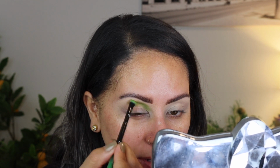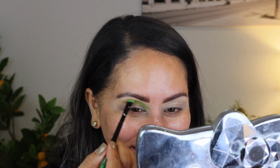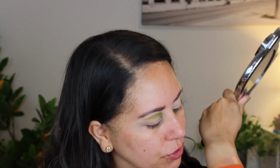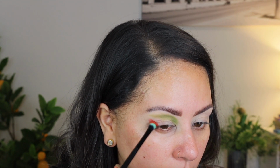I thought I was going to have fallout because they're pretty powdery when I was swatching, but I have no fallout, so that's great. And I'm going to like flick it up here. We're just playing, okay? We're just playing around. I honestly, I don't know what I'm doing, but that green is gorgeous. I love it. Love it, love it. I'm going to grab brush 8-5. It's the same, but it doesn't have that slant at the top there. It's just kind of dome shaped. And I'm going to go into this shade here, which is the shade Hustle. I'm going to try to just...